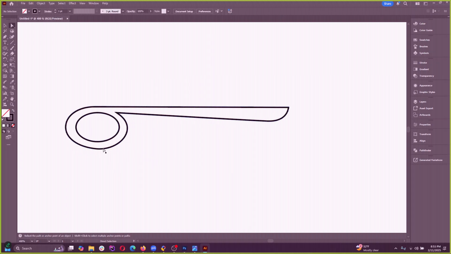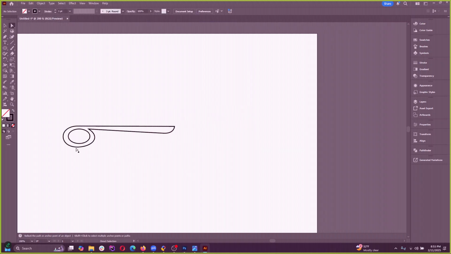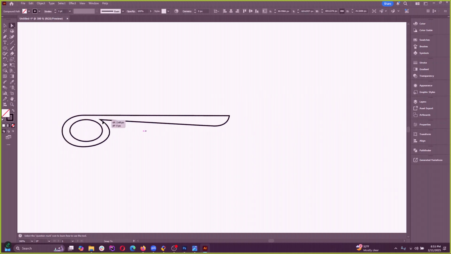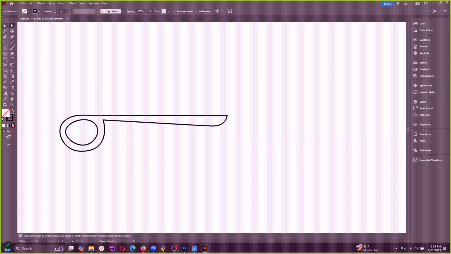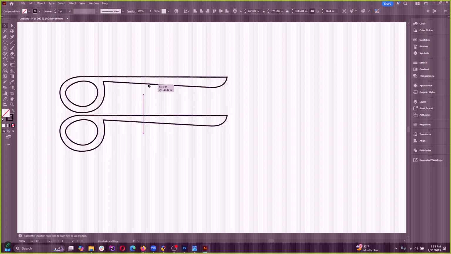Okay, once we're happy with that, I don't know what's more comfortable scissors. The hole is gonna be what, this way? I should really look at a picture of some scissors. Anyways, copy that, and